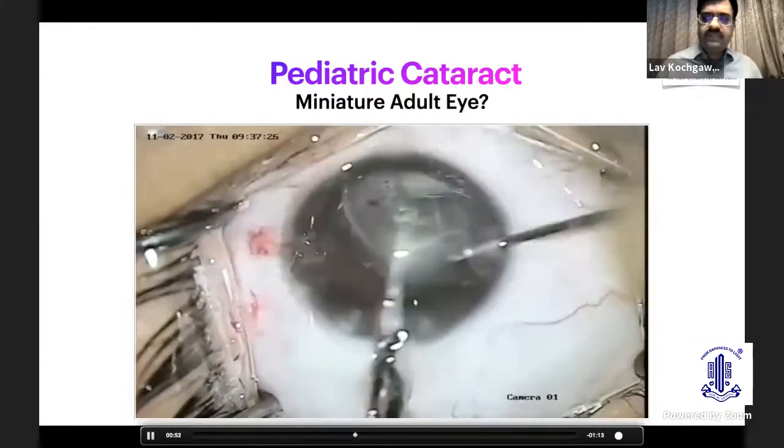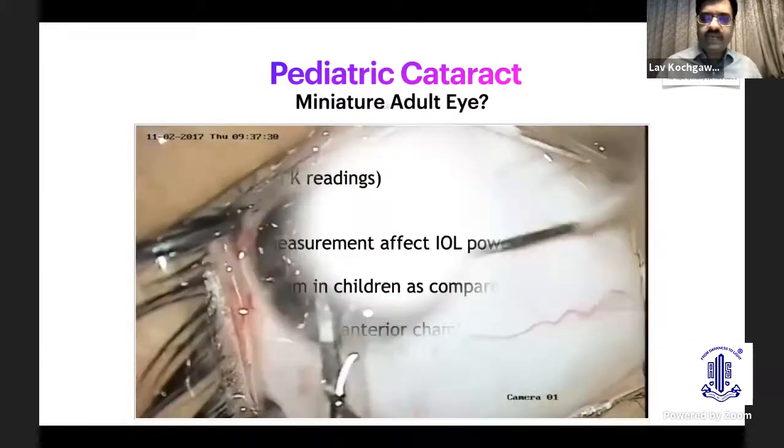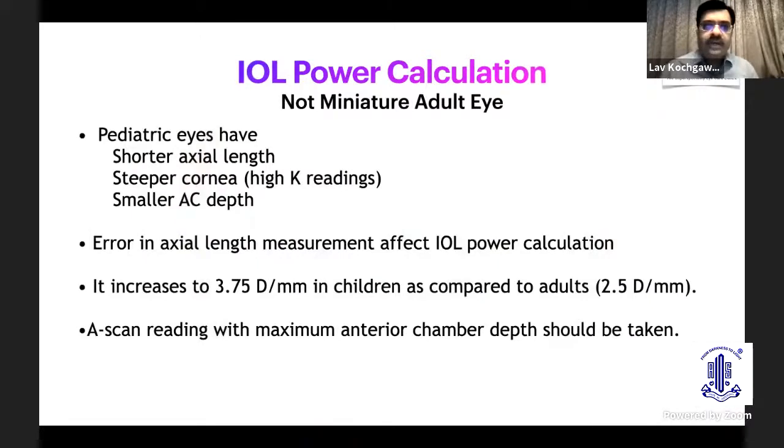So this was just to show why proper training is important. And definitely, again, when we come to the IOL power calculation, it is not a miniature adult eye. The pediatric eyes have shorter axial length, steeper cornea, and a smaller AC depth. So error is more compared to the adult eye, and it increases by almost 3.75 diopters per millimeter in children as compared to adults. So in a scan, the reading with maximum anterior chamber depth is taken so that errors are